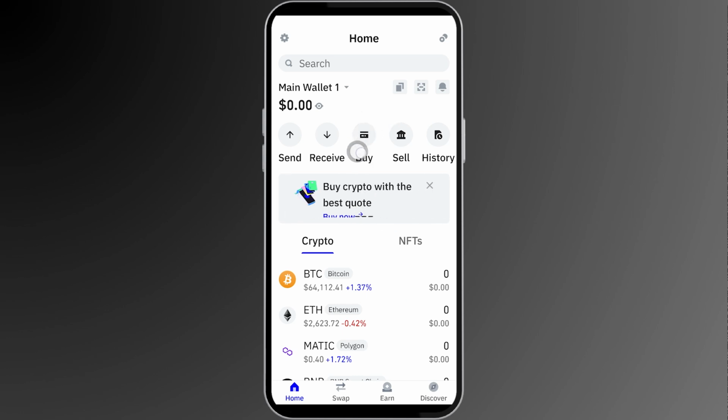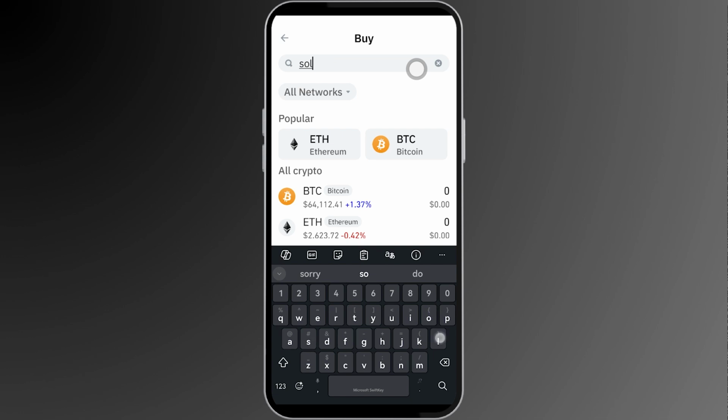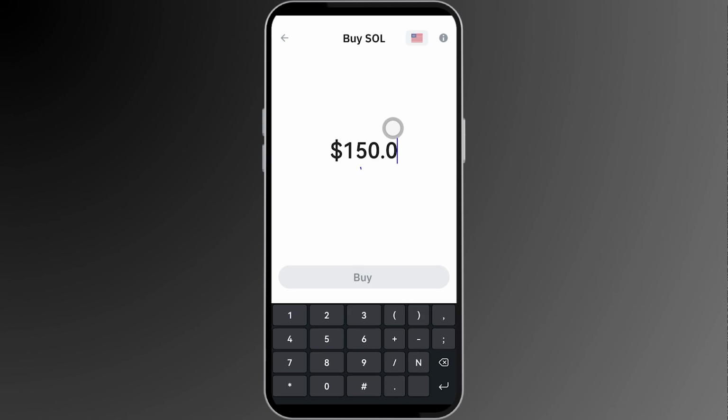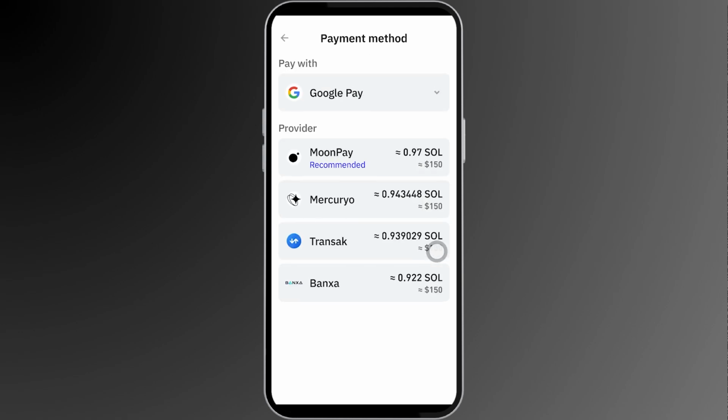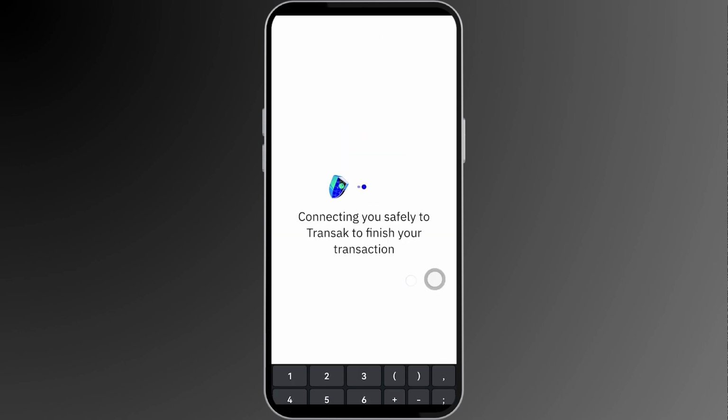We're going to go ahead and click the buy option right here, and then we can just look for Solana here. Just type that one and you should be able to see it. Now I'm going to click this one right here, and then I can click this one right here, and there are different payment methods here. Transak is what I'm going to be using, and then I'm going to continue, click buy with